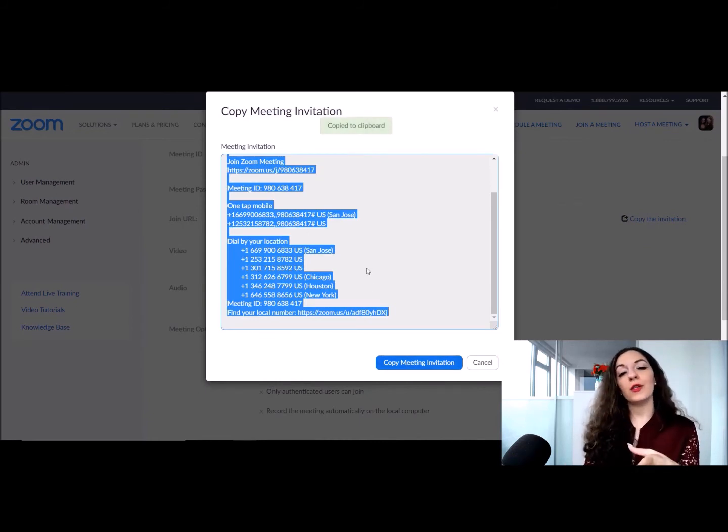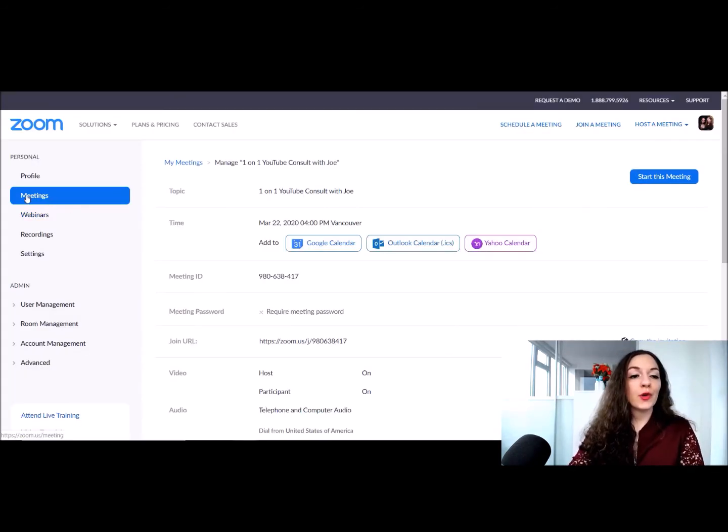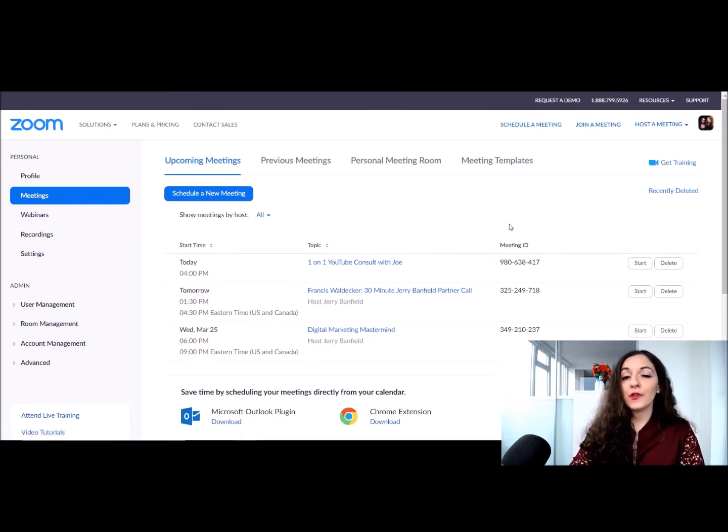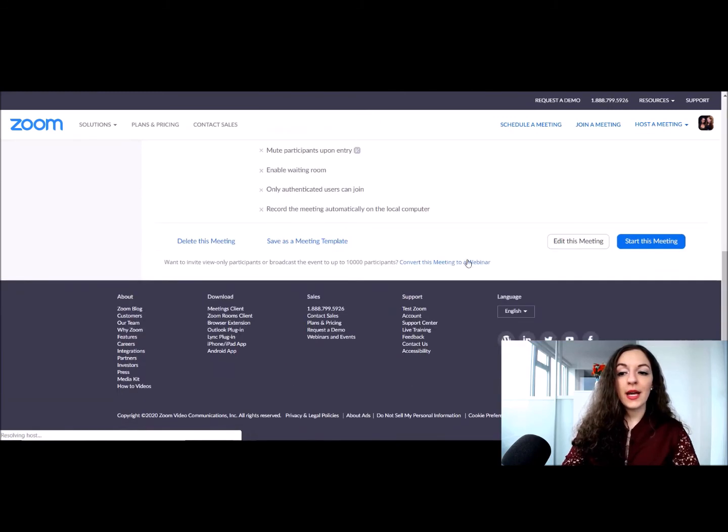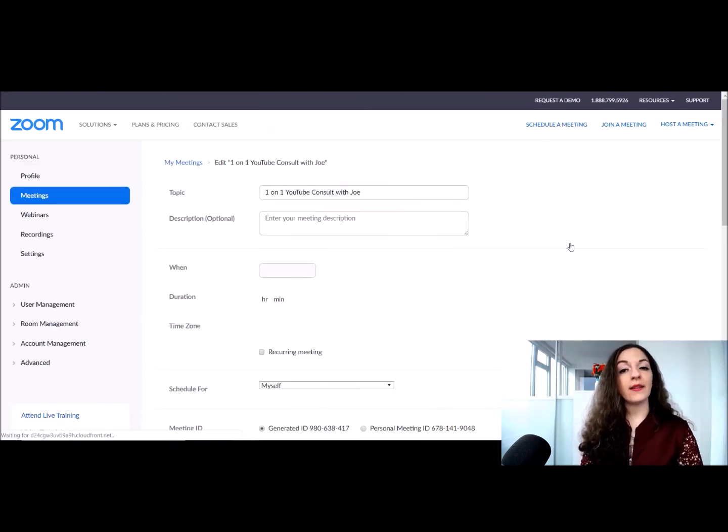It's going to copy it to your clipboard, and then you can go and paste this in an email and email it to your participant who's joining the meeting with you. If you wanted to go back and edit anything, if you needed to reschedule it or anything like that, you can always go into Meetings and then go back in here where it's your one-on-one consult with Joe, and you can either delete it entirely or actually click into it and then go down here and say edit this meeting,